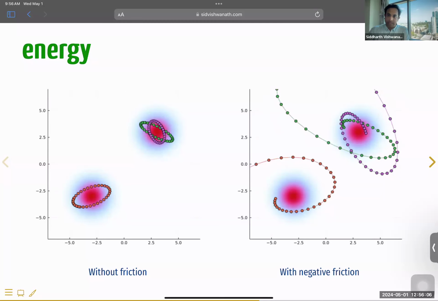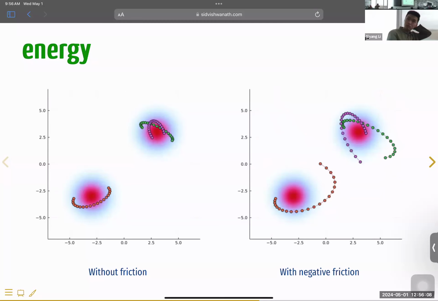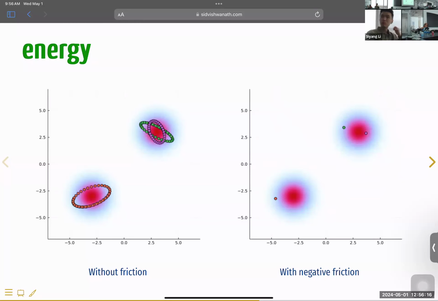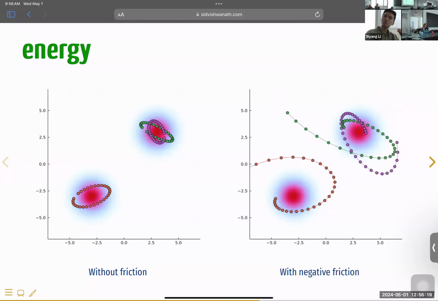Any questions about this? So I assume this negative friction does not exist in reality? The mathematics exists, but it doesn't exist in reality at all? Well, so